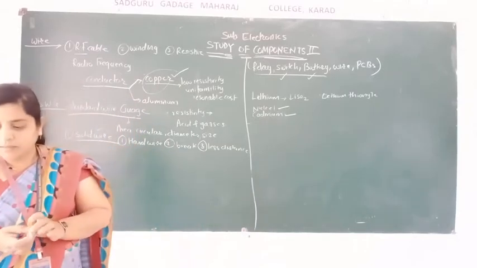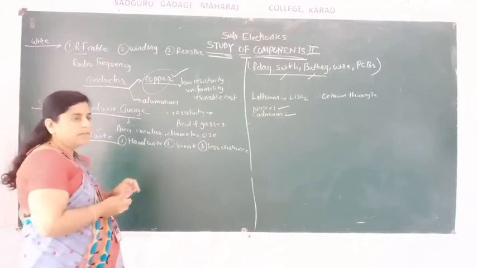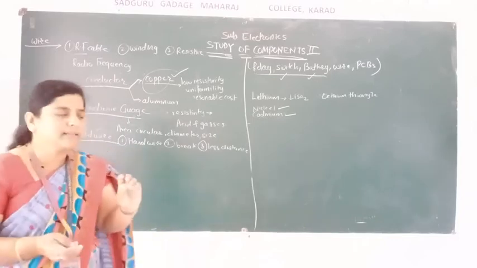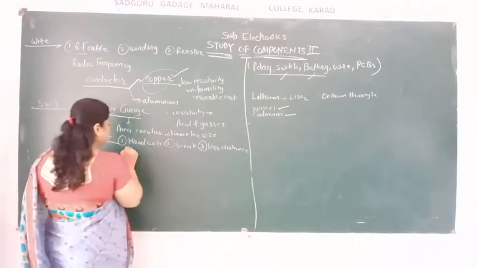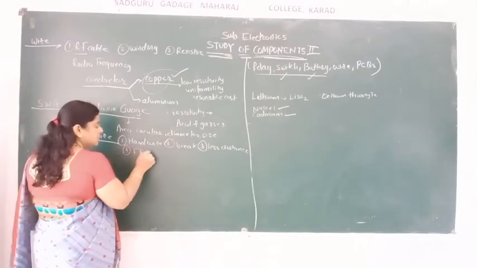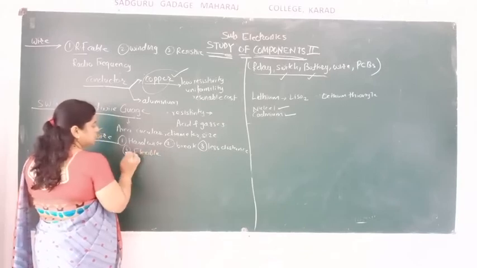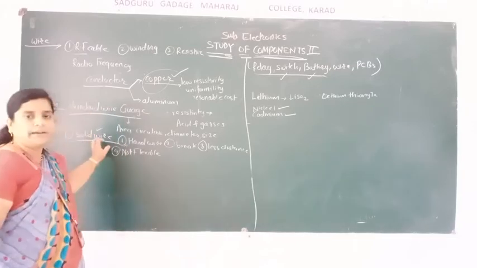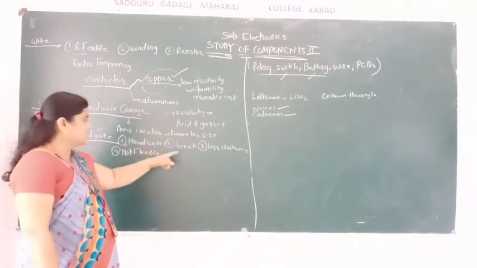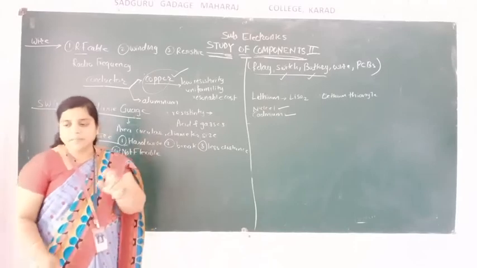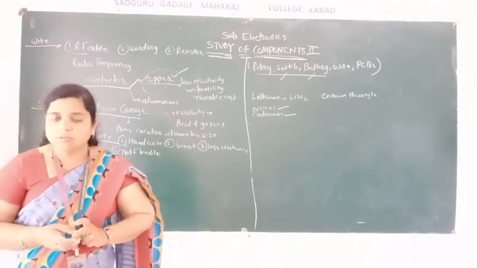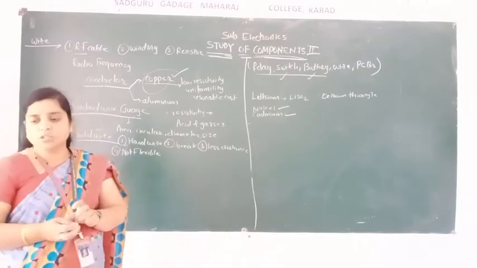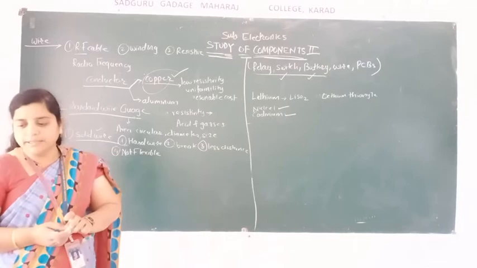So this solid wire contains what? It is easily breakable. It is not flexible. Solid wire is just not flexible. It is easy to break and it is a very hard wire. Okay, so these are used when you have to connect over a small distance or a very near distance.